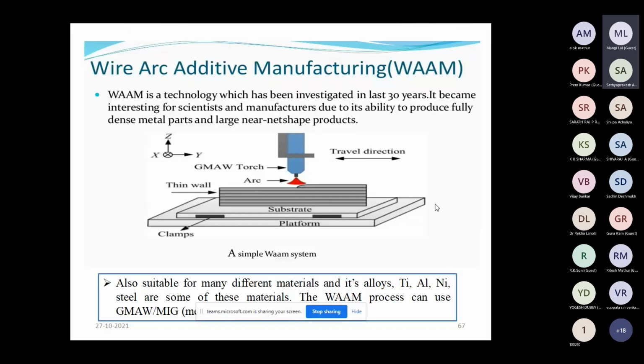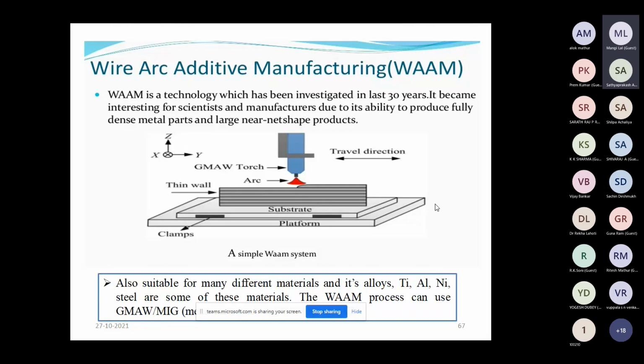Obviously welding is a very old technique, but if we combine it with additive manufacturing, we can generate a large size product that cannot be made with conventional prototyping or rapid manufacturing techniques.